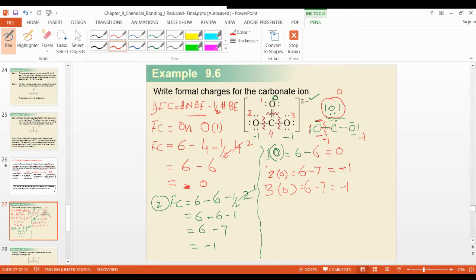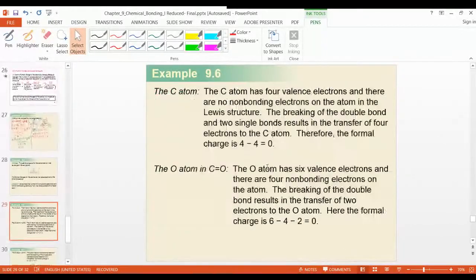So which one do you feel better? Which formula? Maybe the first one. So whatever formula you feel is easy, you can use that. Any question now which is not clear, please ask me now. So this is the way how to determine the formal charge. I already did this. The solution is here. You can go through that.